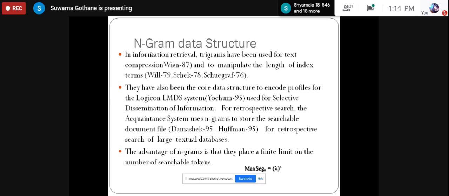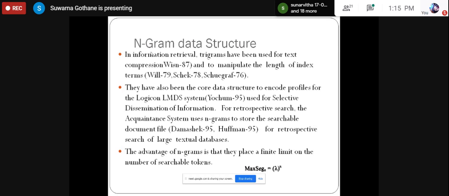For the compression, the trigram model can be applied for performing the data compression, as well as in various profiles such as SDI, selective dissemination of information. So that's why we write here